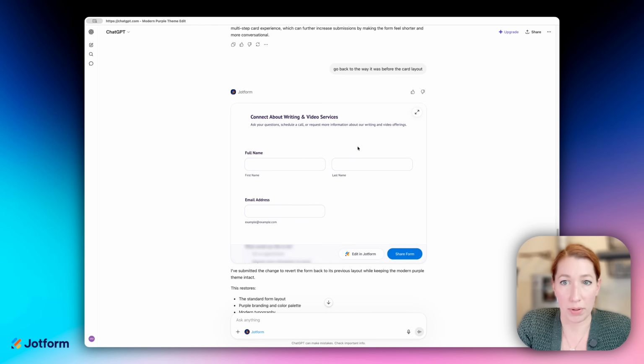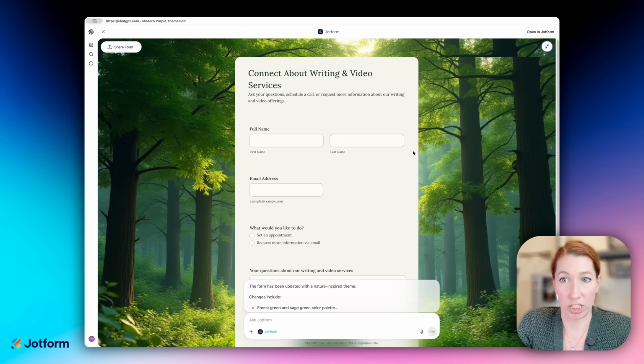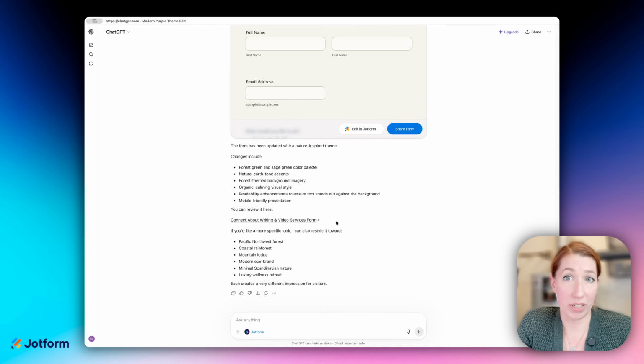So let's say we want to add a bit of visual interest to our form. I'm going to say, make this form have a nature-inspired green palette and use a forest background photo. And I can preview that here in ChatGPT. There we go. That's exactly what I asked for. And it even tells me, to be more specific,